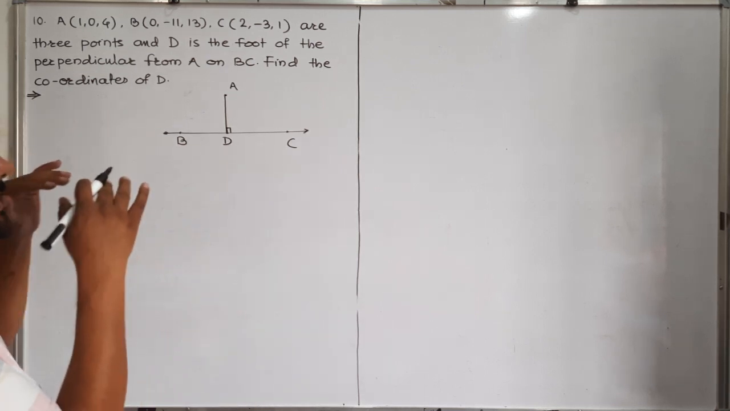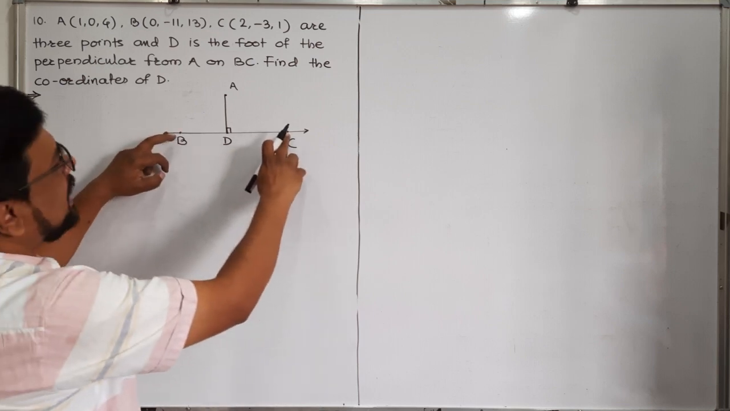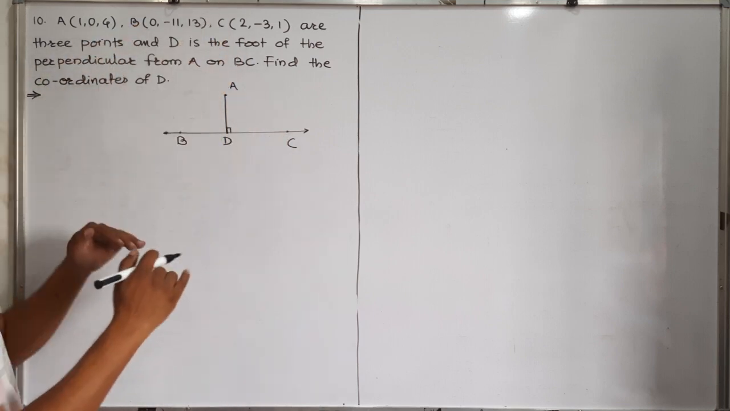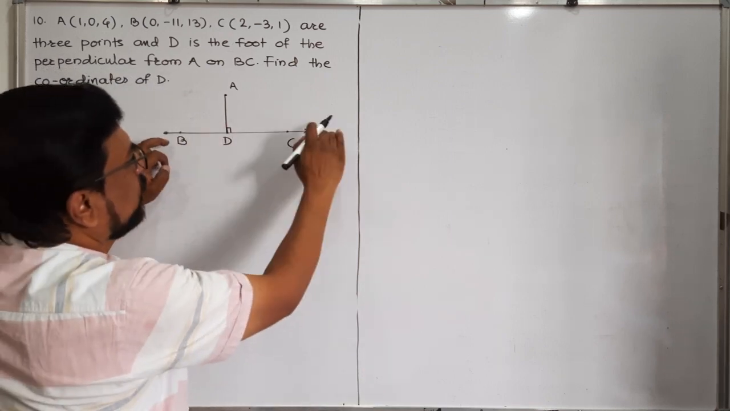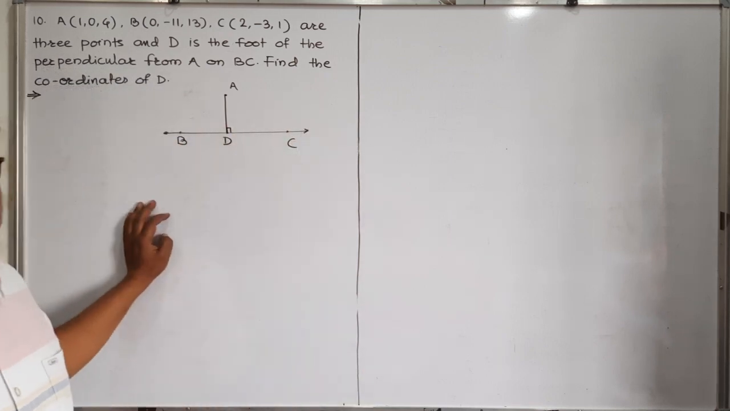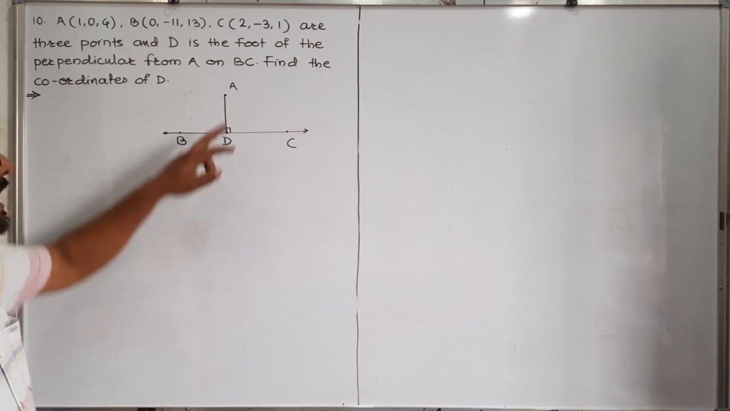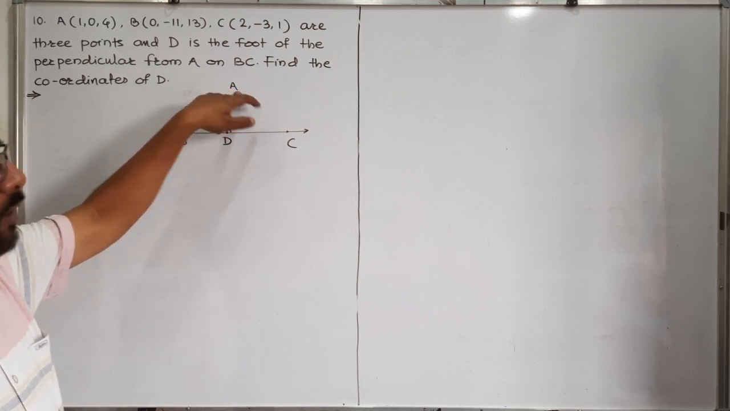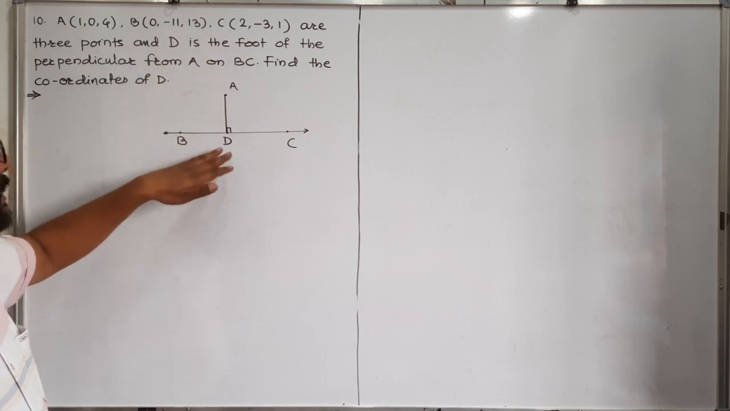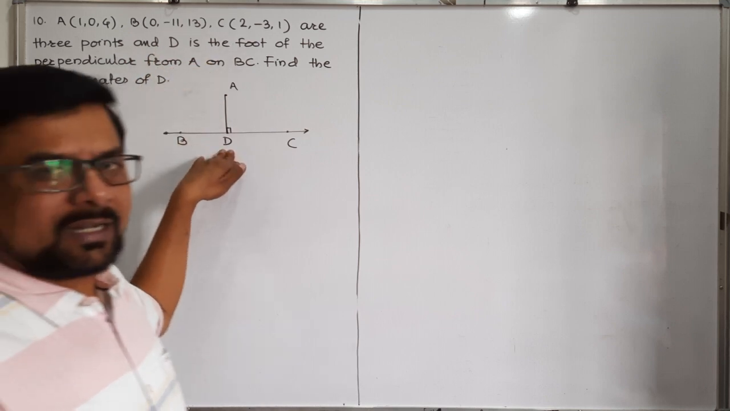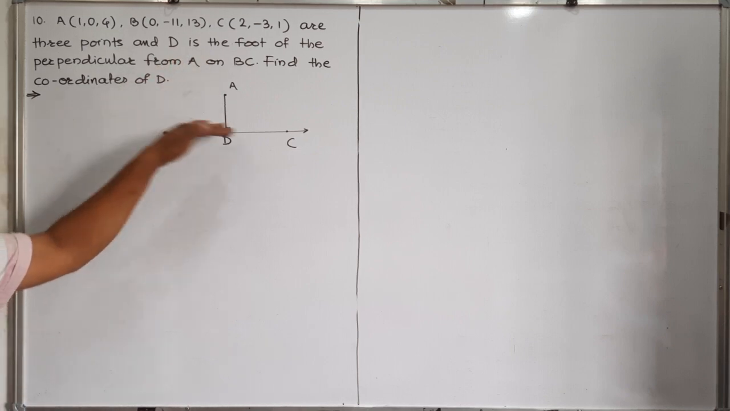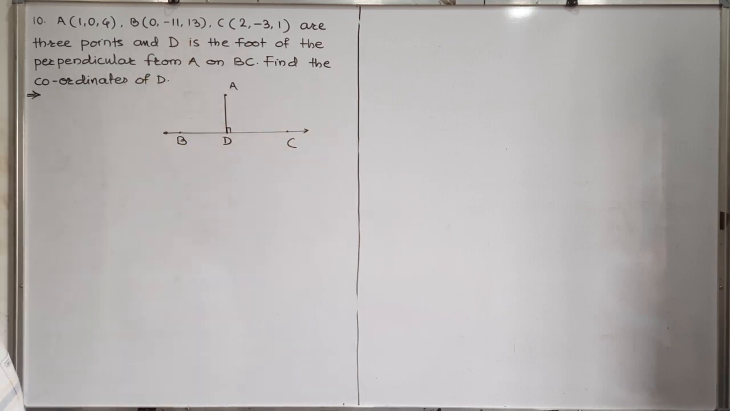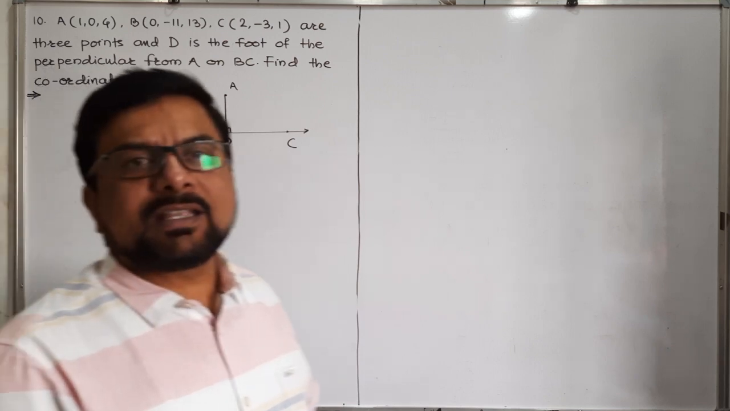So how do we get an idea: B and C are 2 points. First of all, find the equation of line BC, and A is the point outside the line BC. Then we will take the coordinates of D generally, find the direction ratios of AD, and BC is perpendicular to AD. Therefore we can find the particular value of lambda for finding the coordinates of point